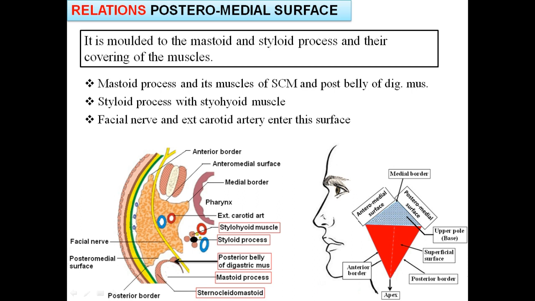Here you can see the mastoid process associated with the sternocleidomastoid muscle and the posterior belly of the digastric muscle. The two important structures that enter this surface are the facial nerve and the external carotid artery.